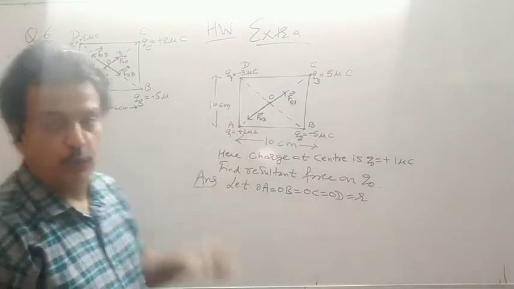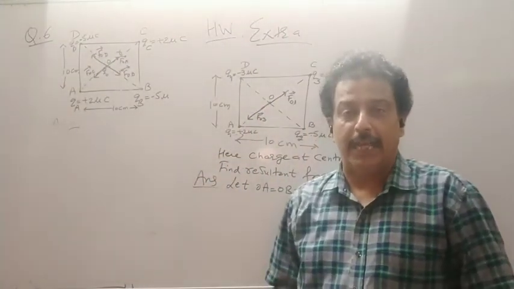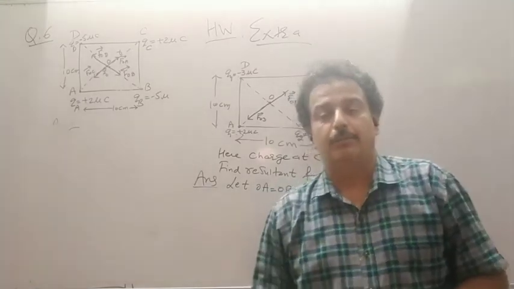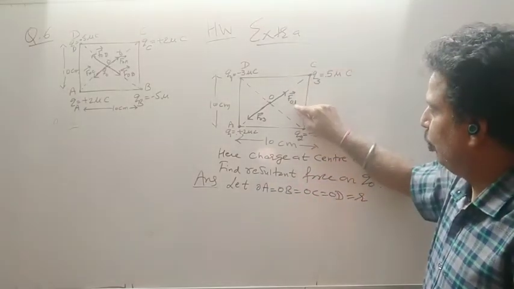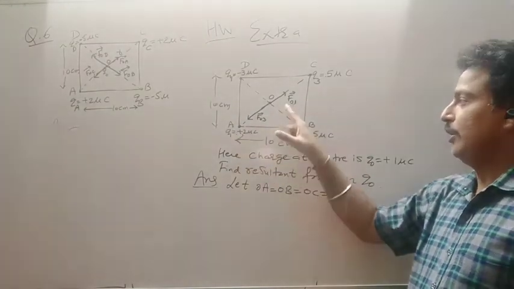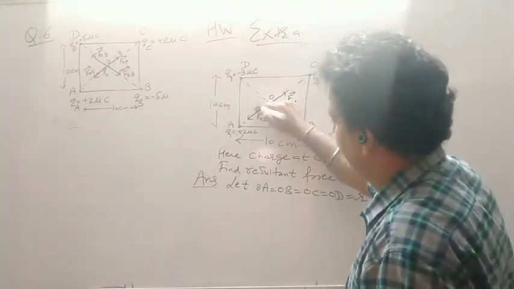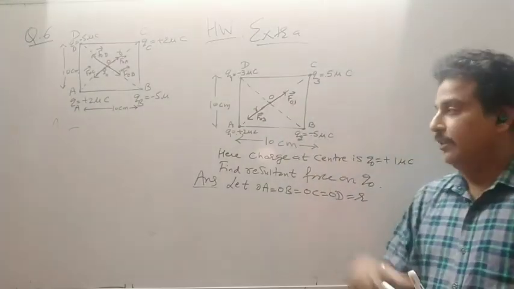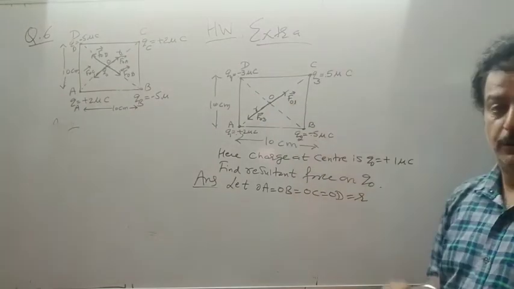If two forces are in opposite directions, you simply subtract them, as we have done in examples like illustration 7 or 9. So first you find F naught A, which will be equal to K Q1 Q naught upon R squared. This R you have to find out. This is R. Then the magnitude is found and the direction we know is A to O.